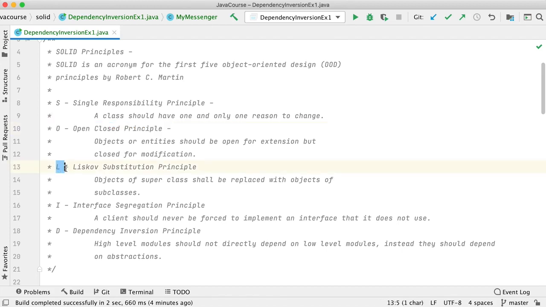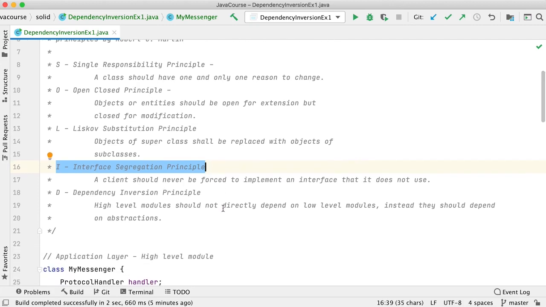Liskov's substitution principle is for substituting base class references with subclass objects. And interface segregation principle: don't merge all the interfaces into a single interface, have separate interfaces, and let the classes implement what they actually need, like the veg and non-veg restaurant example we have seen.